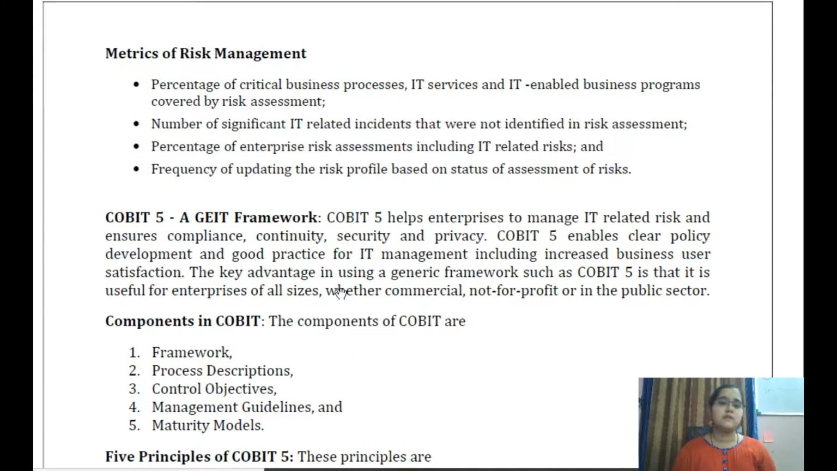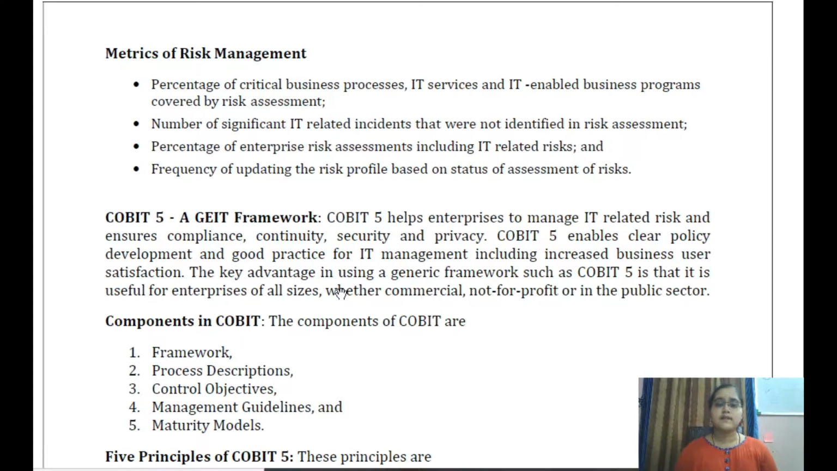Then metrics of risk management. How do you evaluate whether risk management is correctly being implemented in the organization, or up to what percentage the risk management is being implemented? How do you do that? You can do it in four varieties of ways. First is the percentage of critical business processes, IT services, and IT enabled business programs covered by risk assessment. Try to see what the risk assessment action portfolio or plan is, how much percentage of the critical business it is trying to protect,